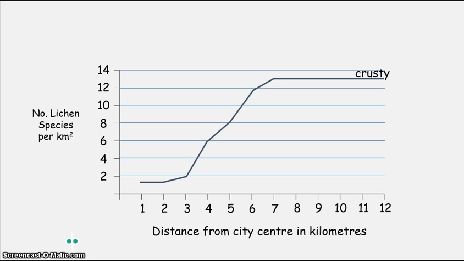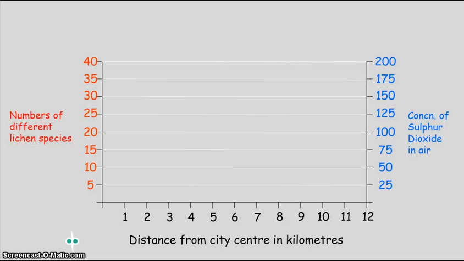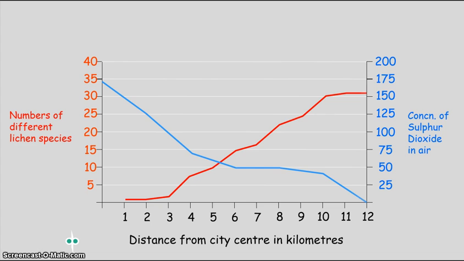Crusty varieties are found close to the city centre, so they are quite tolerant, or the most tolerant in this case, of sulfur dioxide in the atmosphere, followed by leafy varieties, and the least tolerant of sulfur dioxide are the shrubby varieties. So, with increasing distance from the city centre, we find a reduction in the concentration of sulfur dioxide in the atmosphere, coupled with an increase in the numbers of different